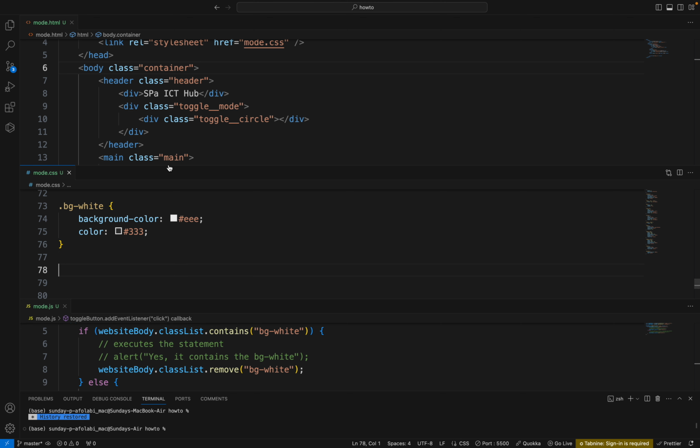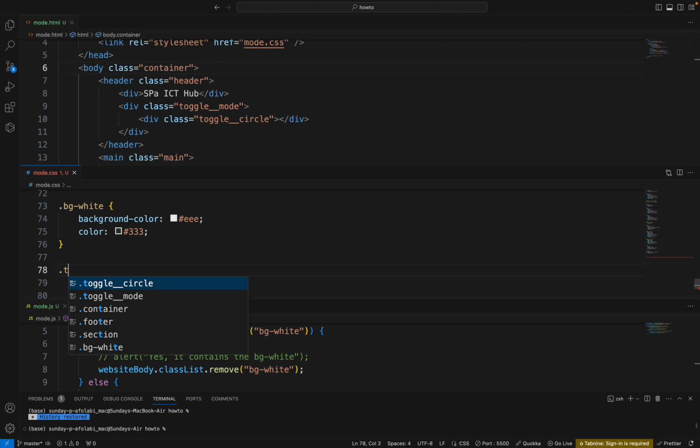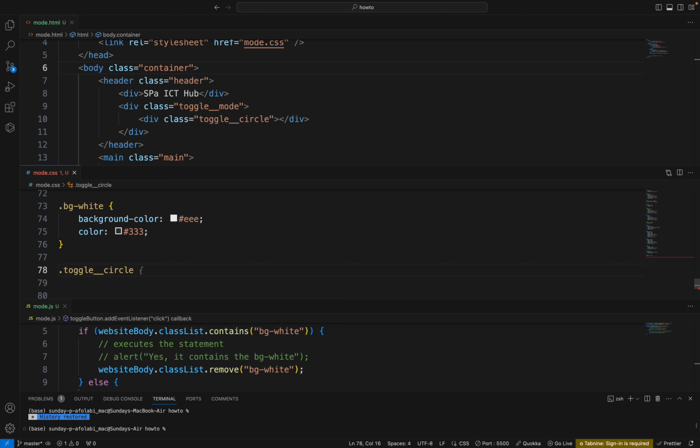Don't forget the name. The name is what? But circle. So let's extend that name: toggle circle underscore double underscore move. Can you see? I'm going to be using that one, the word move. So the move now, we want to move to the right hand side. Okay, and to achieve that,